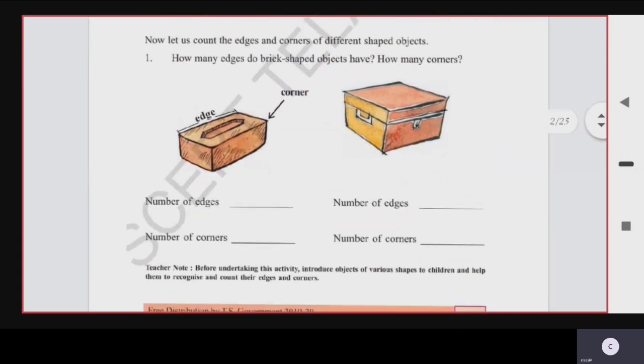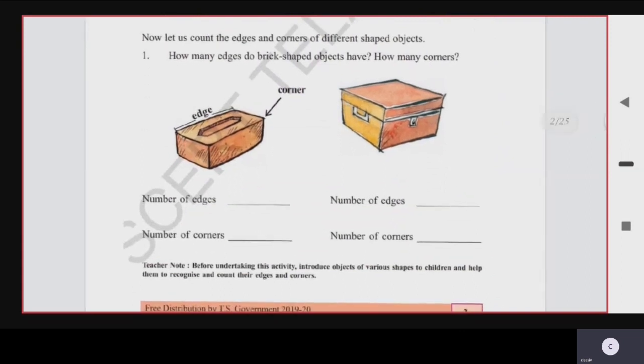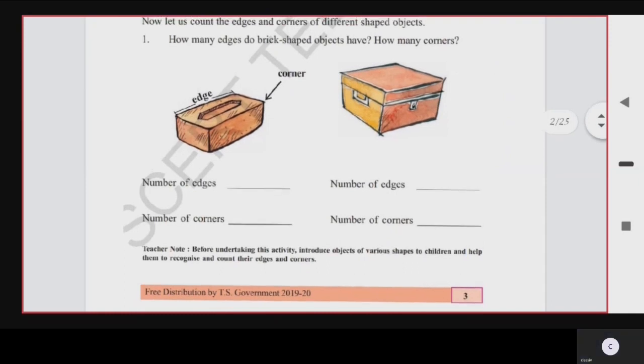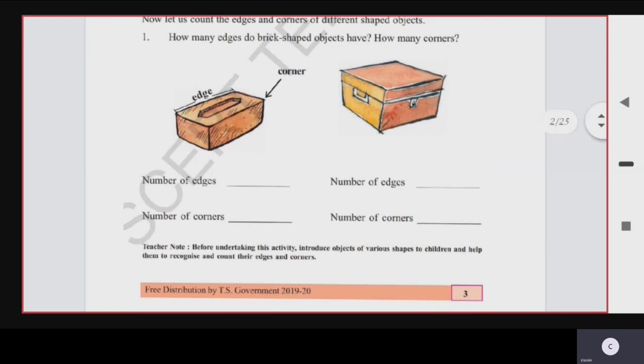Okay, now let us count the edges and corners of different shaped objects. Firstly, you can see that you have two diagrams. One is the brick and the other one is the suitcase or the box, you can call it, which you carry. The first one is the brick.